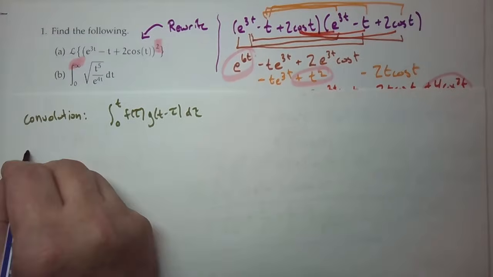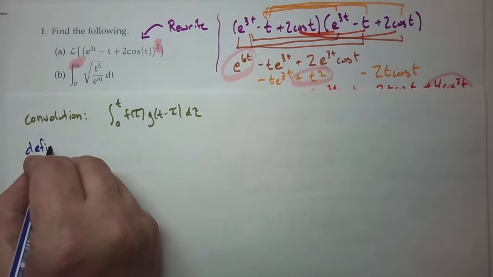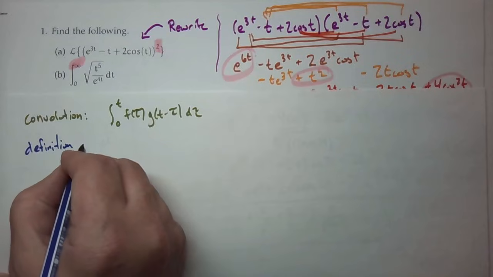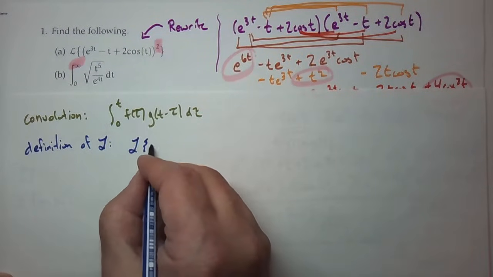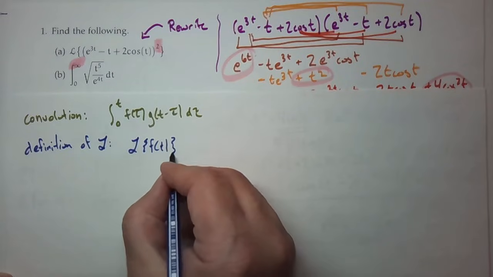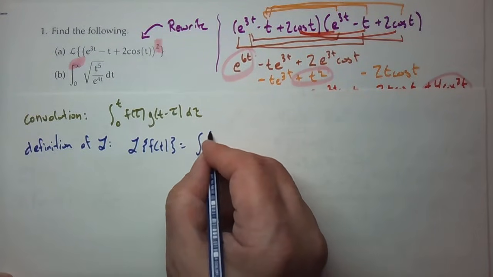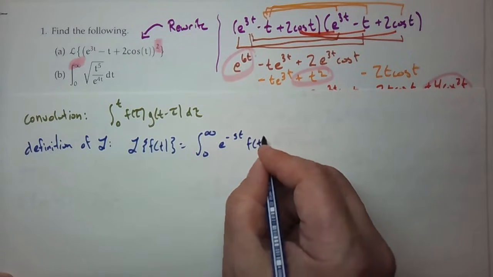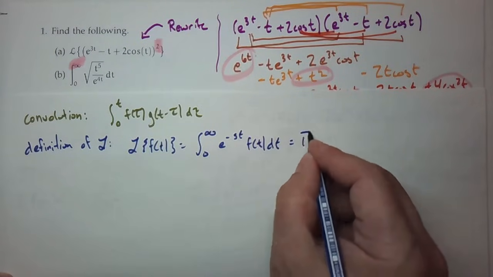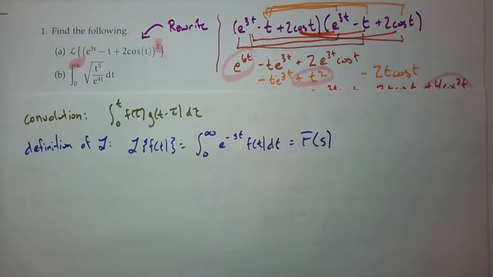It's near the top. And this goes back to the definition of the Laplace transform, namely that the Laplace transform of f of t is this integral 0 to infinity of e to the minus st f of t dt. And this creates a new function which we call f of s. And we say, okay,